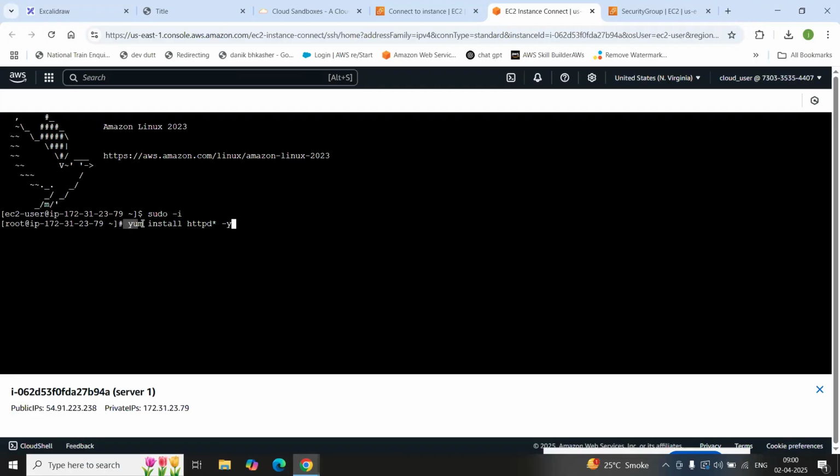See, yum is a utility which is used to install any kind of package or software in your Linux environment. Okay, and then define install or reinstall or uninstall with the help of this. And then after this, you need to define the package name. So what is my package name? HTTP. I want to install the package which is required for deploying a website,